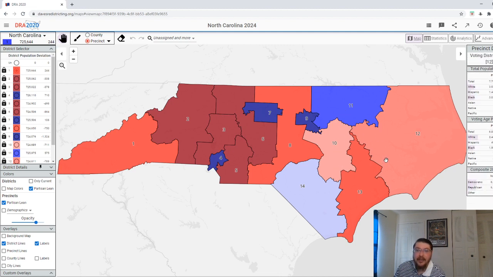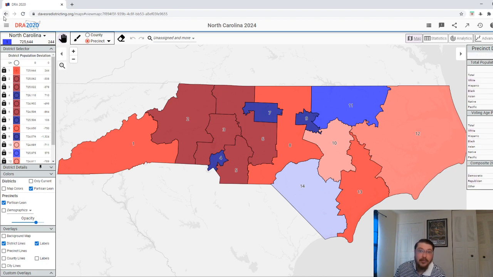And what wound up happening was that it's a map with not that many competitive districts, maybe 3 competitive districts total. But what are you going to do about it? So 5, and this is with 14 districts, so they gain a district as well. So it's 1, 2, 3, 4, 5. So 9 Republican districts, I think.